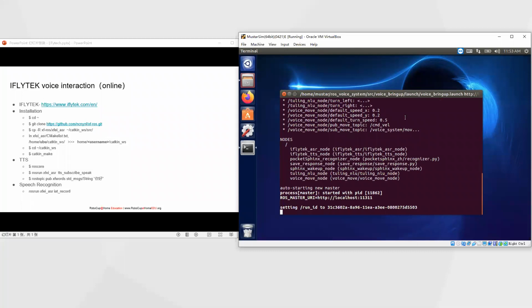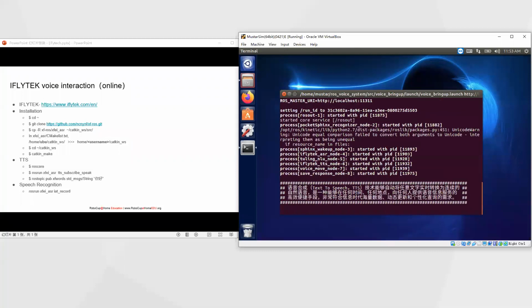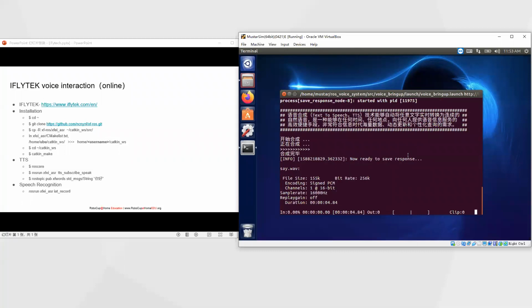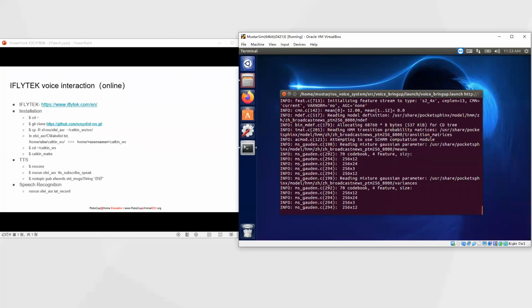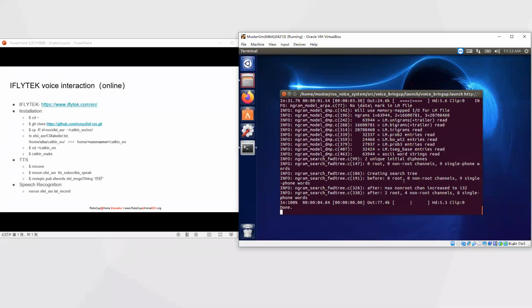Your Jupyter voice interaction system started successfully. This means the Jupiter robot voice interaction system started successfully. And I want to use